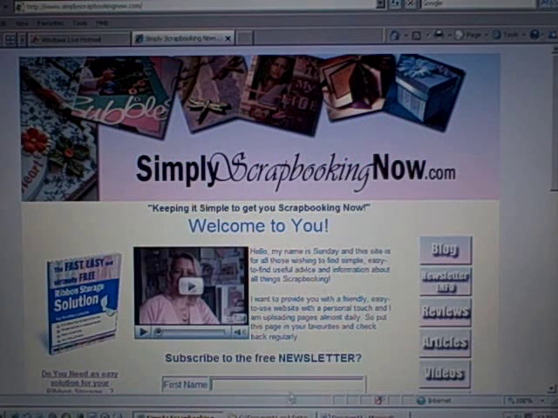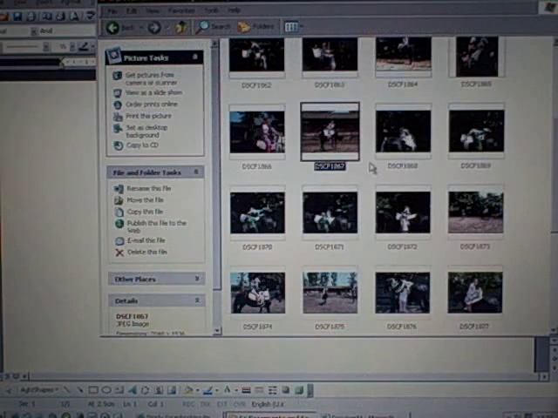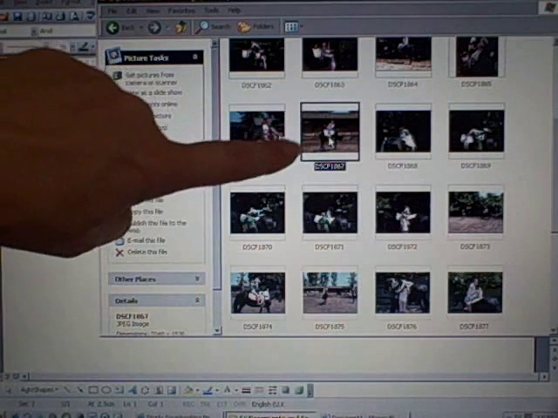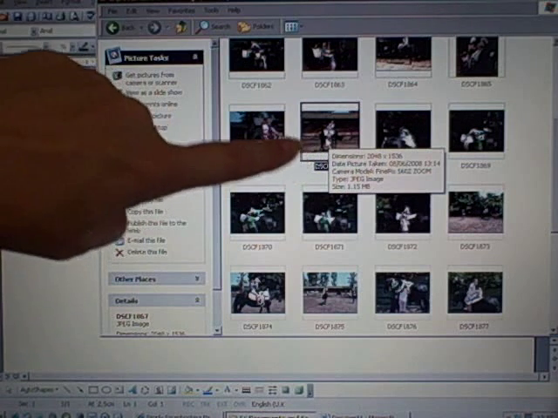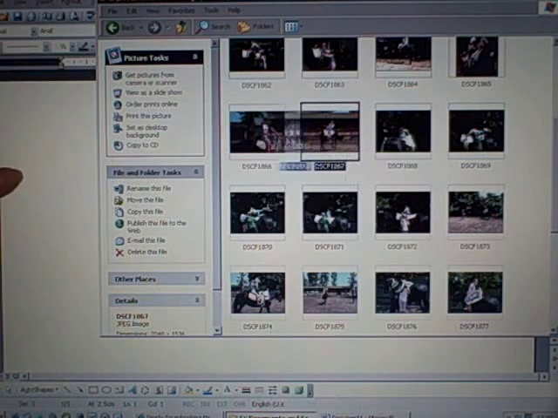This is my screen. I'm going to pull up Microsoft Word. I'm running Windows XP, and I'm going to bring in a picture. I already have a folder up here ready, and I'm going to bring in this picture here. I'm going to just click and hold and drag it across onto the piece of paper,